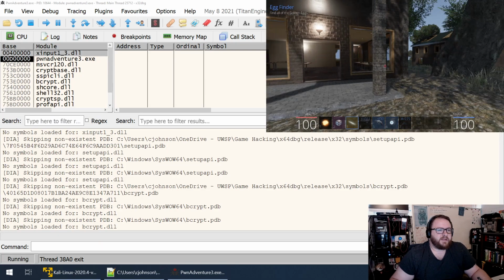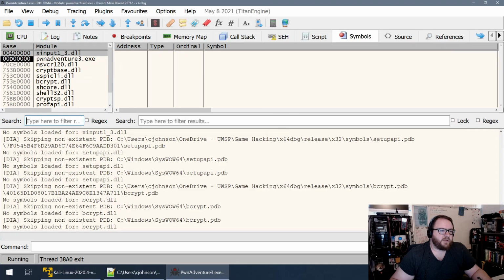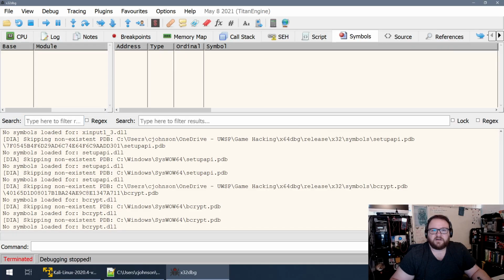All right, so I'm going to get out of here now, and let's start doing something a little more fun. First step is toggleable speed hack, and then after that, infinite